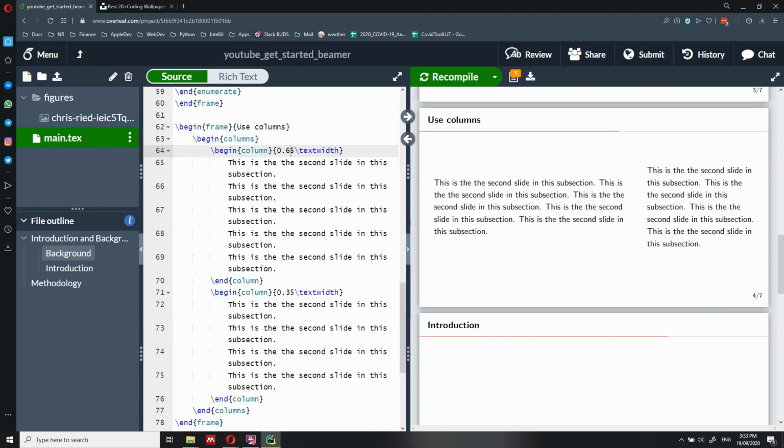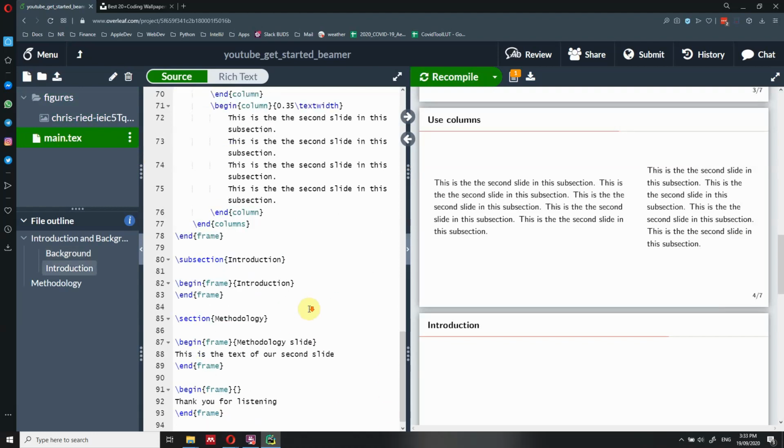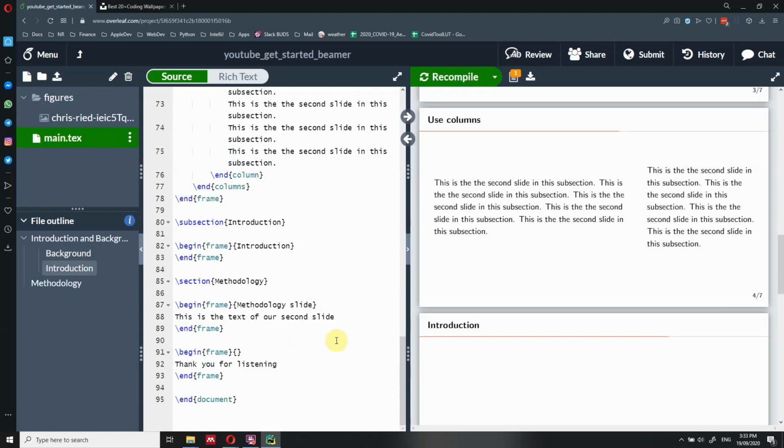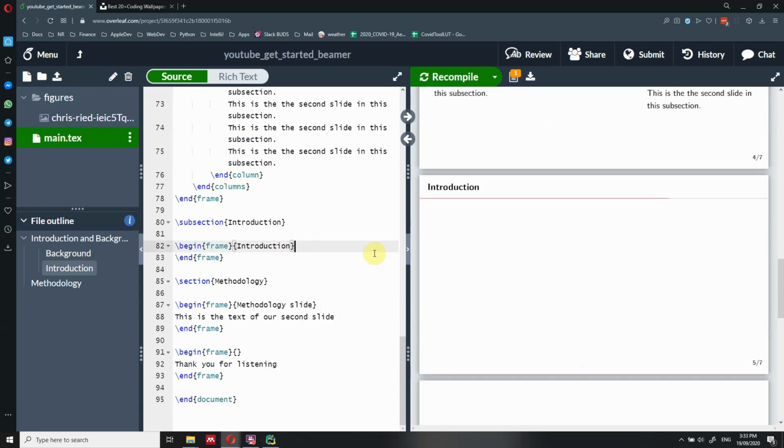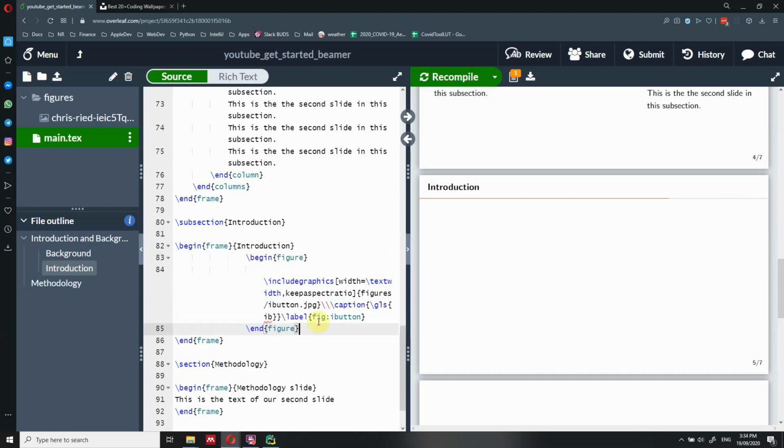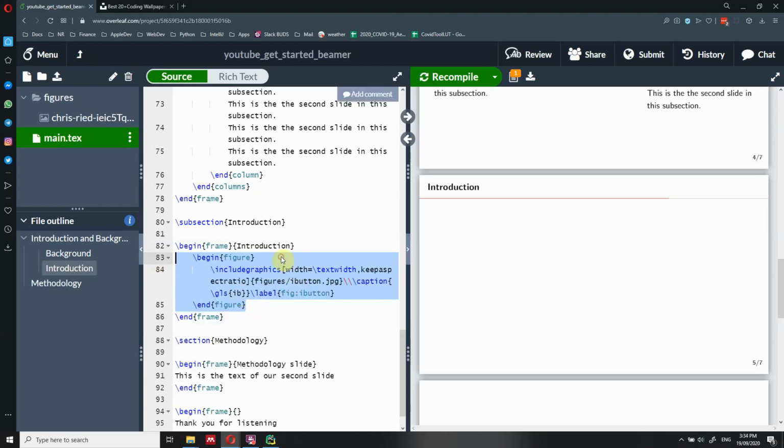We can go back here into the main text. If you want to add a figure, we have to include a little bit of text and a little bit of comments. So let me go back to the introduction, which now has no text, and let's import that figure. I'm just copy and pasting here some text, but I will go through everything that we need to do.